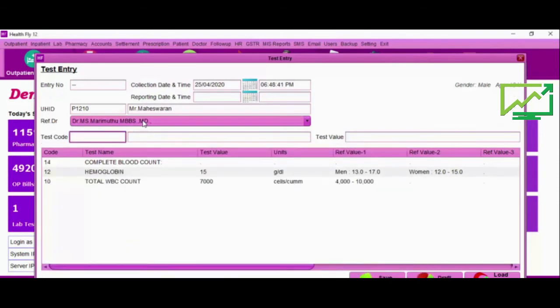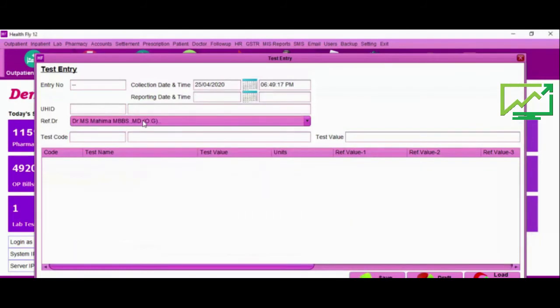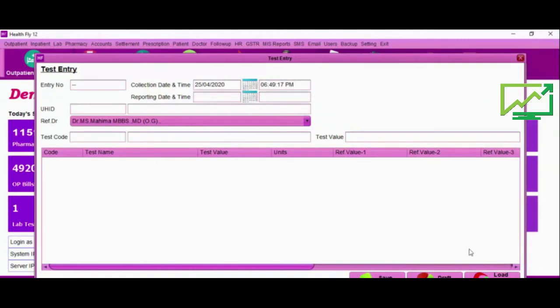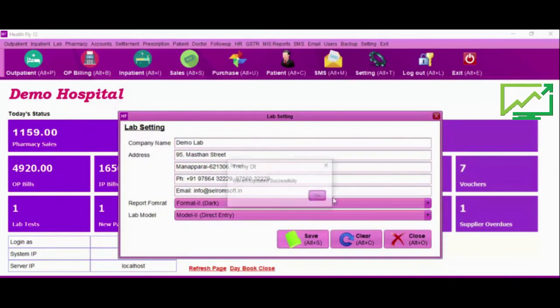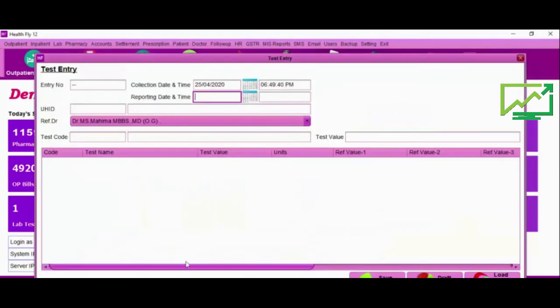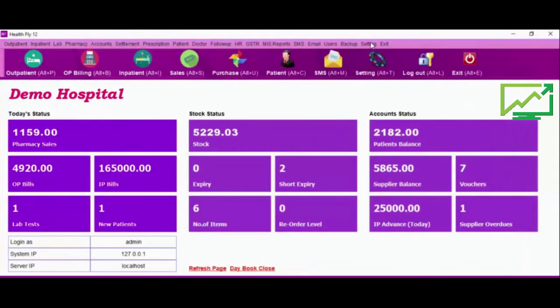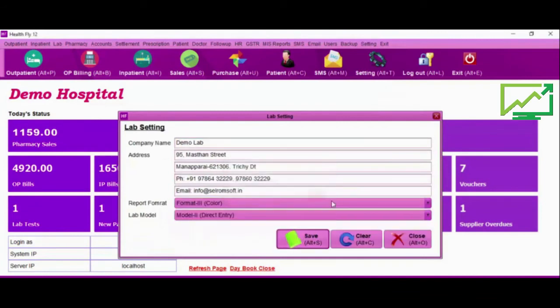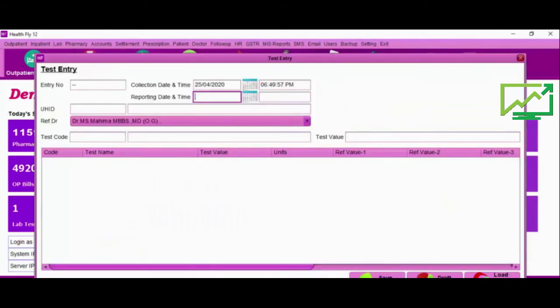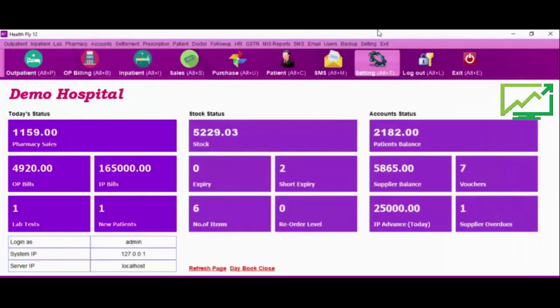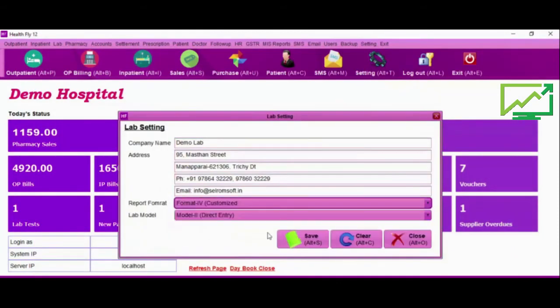WBC. We have given 4-5 formats. Apart from this we do customization also if you require any new format. Format 2, format 3, format 4.